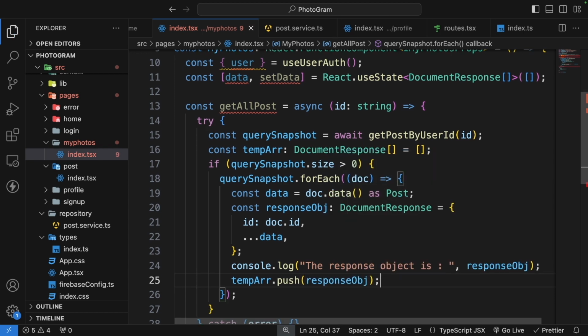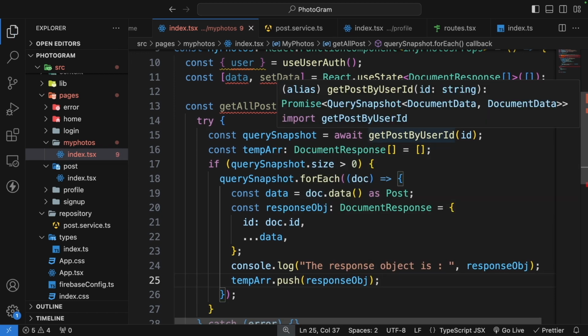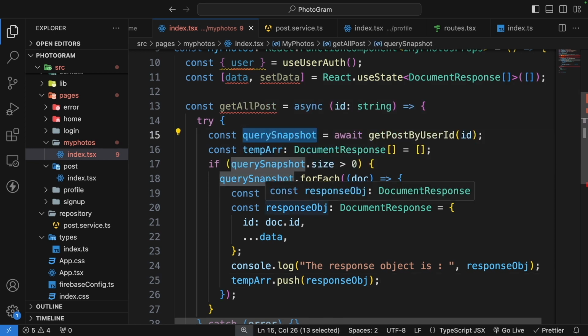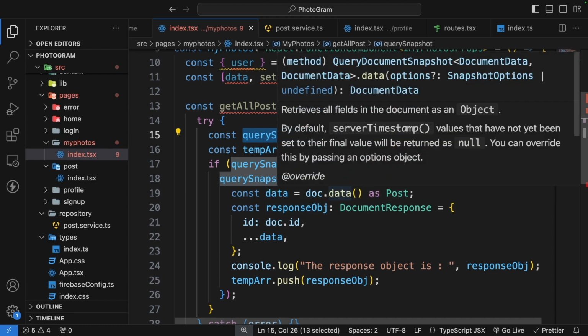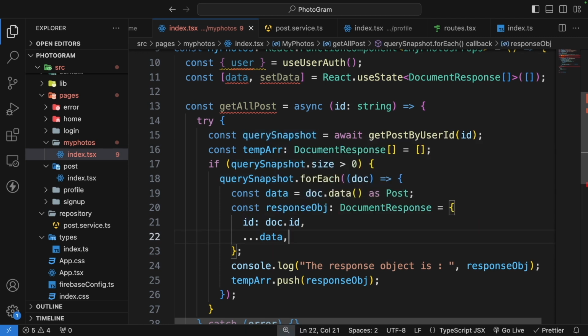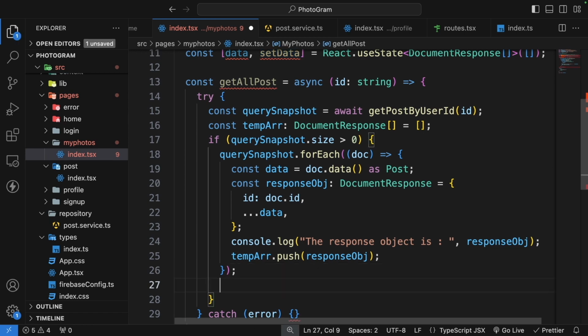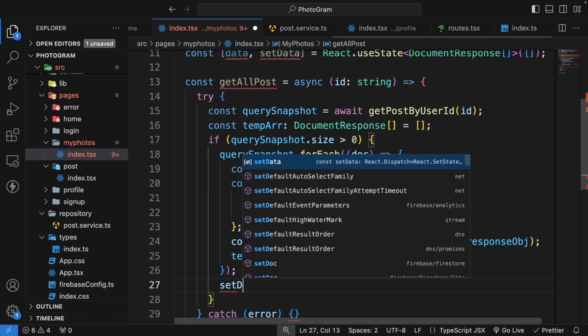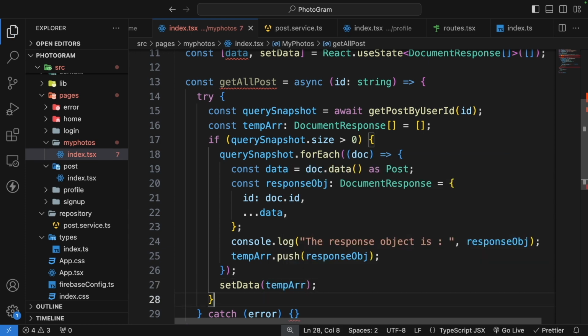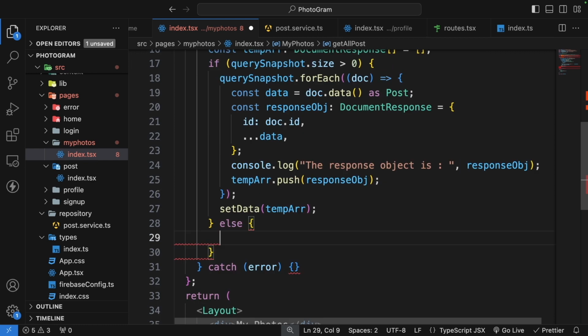So we are doing all this because we don't get the data in a very straightforward way. We get a query snapshot, and the query snapshot contains each of the documents that we have by the user ID. So we are going to get multiple documents, then we just loop through all those documents, and because we want to extract the ID of that document, that's why we do all this stuff and push it into the temporary array, and then we just set this temporary array to the set data, which we can just use. So here I'm going to set my data, and this temporary array I'm going to set it here. So we have that, and if it's else, so if there is a problem, then we can just do a